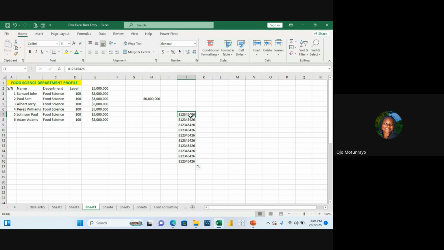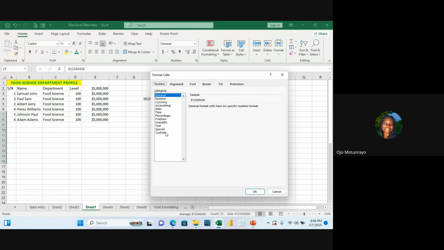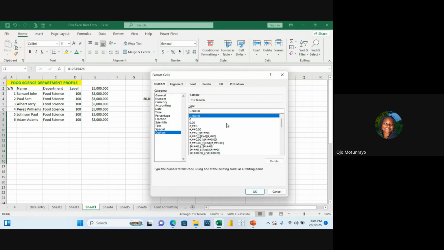I want to add a 0 to the front. We can actually use our custom formatting. Use your Control 1 and then go to custom. Under custom, you keep going down. You see